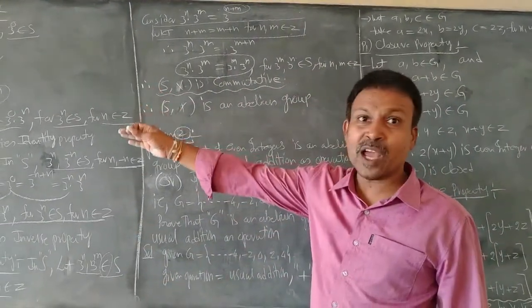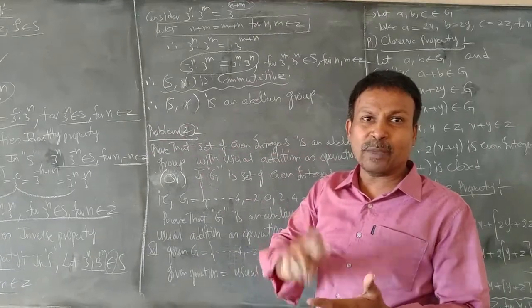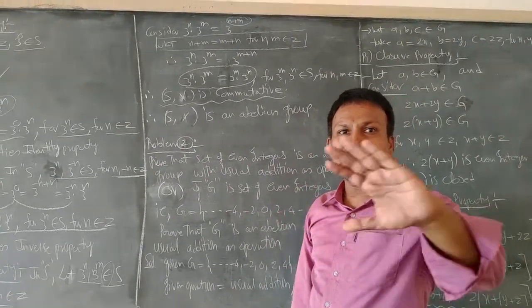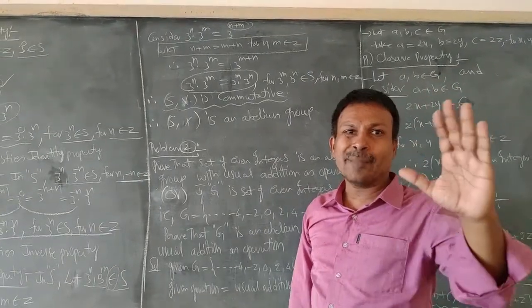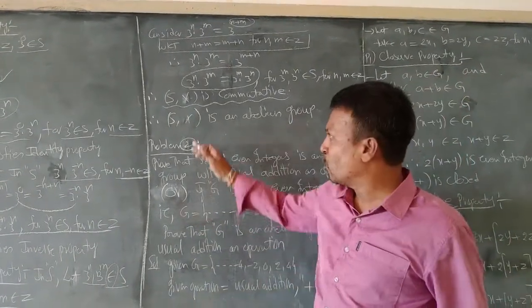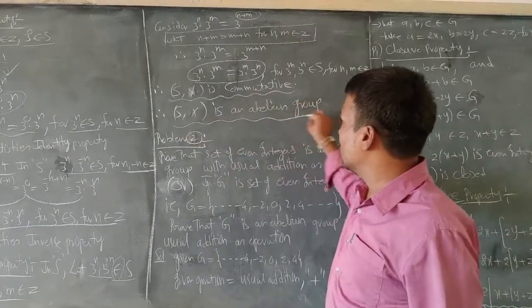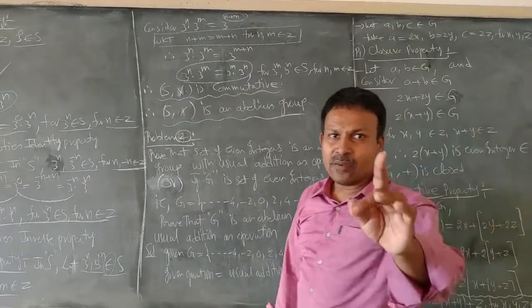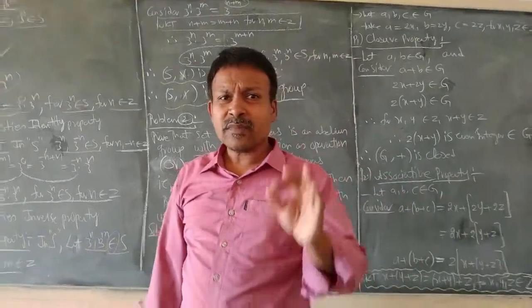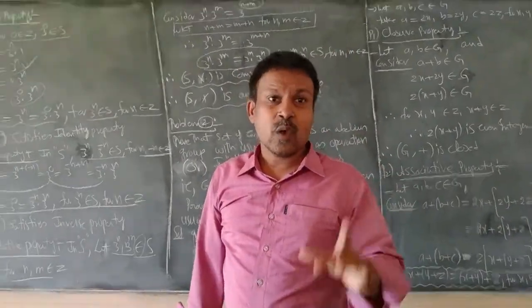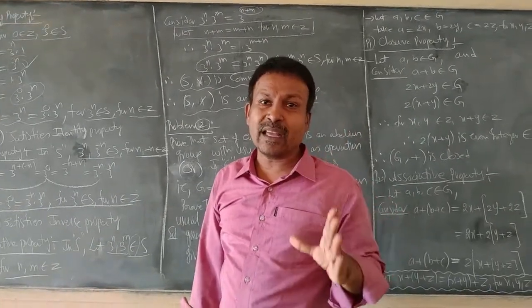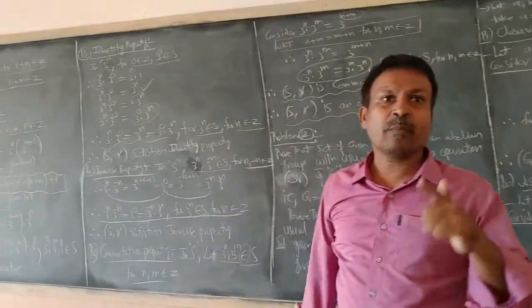Therefore, if we see these 5 properties, P1, P2, P3, P4, P5, the set S satisfies all the 5 properties which an abelian group or commutative group should satisfy. Therefore, here we can conclude that (S, ×) is an abelian group. Right. Here I would like to explain that we should be very much cautious while proving the identity property and the inverse property in this kind of problems.